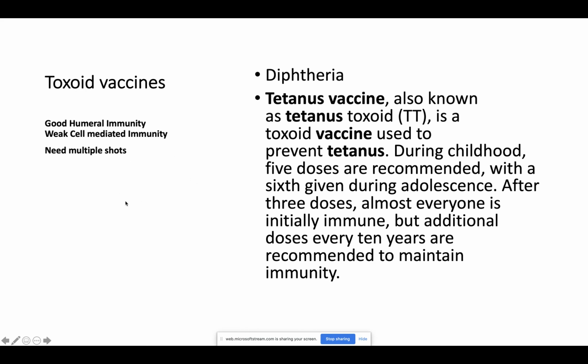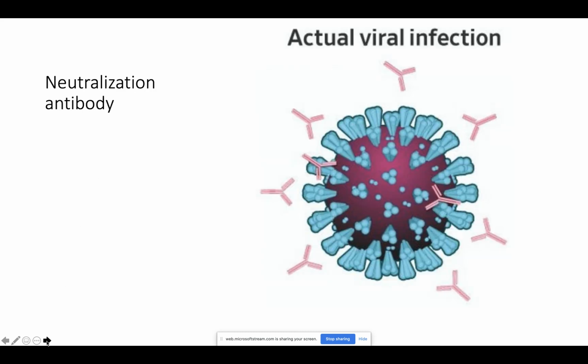And then this one is against the toxic protein. There's an antibody we need, especially for tetanus, which can be bad for you. For this one we need many shots throughout our life, even every 10 years, because it's protein. It doesn't go inside your cells, so it does not create T cell memory, only B cell. So we have to get multiple shots. So neutralization antibody